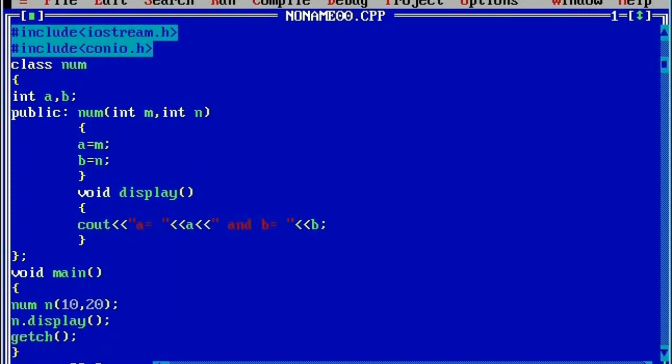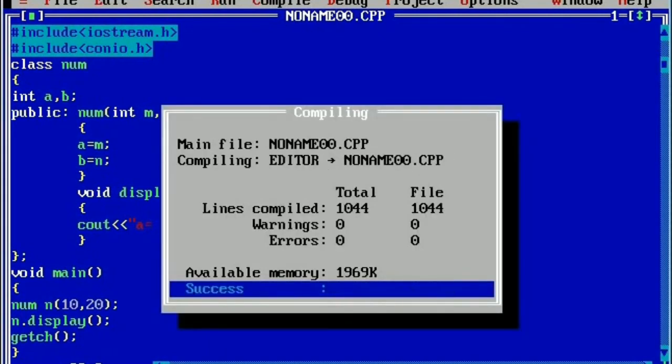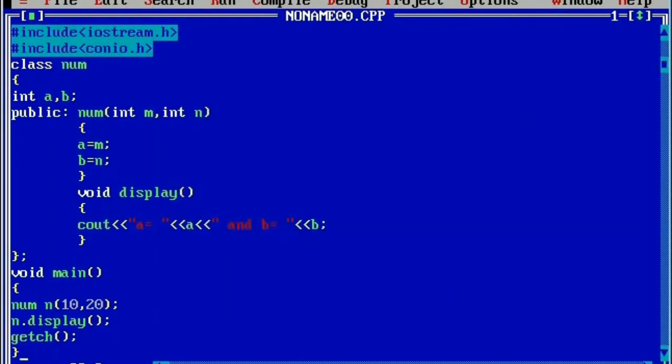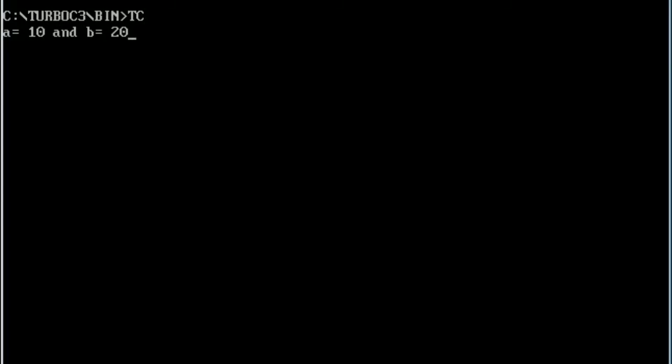Now we'll compile this program by pressing Alt F9. Here you can see it is success. Press enter, then Control F9 to run the program. Now you can see here the result: a is equal to 10 and b is equal to 20.